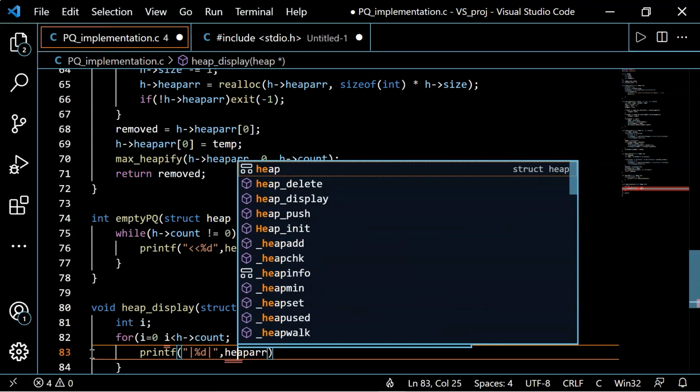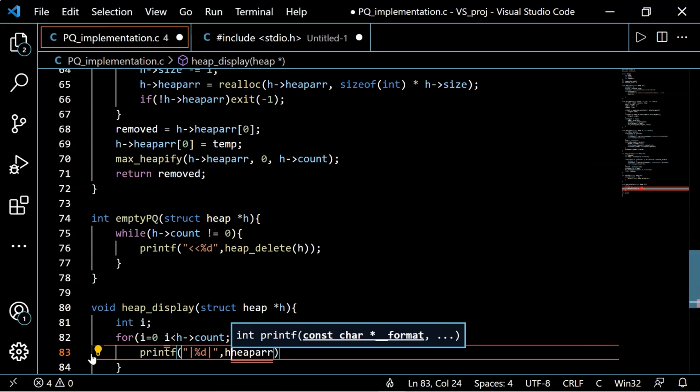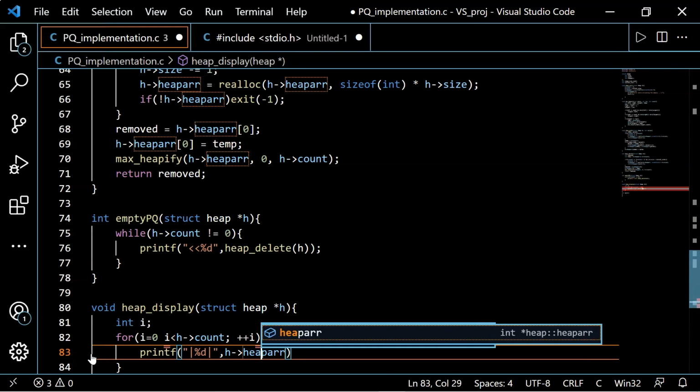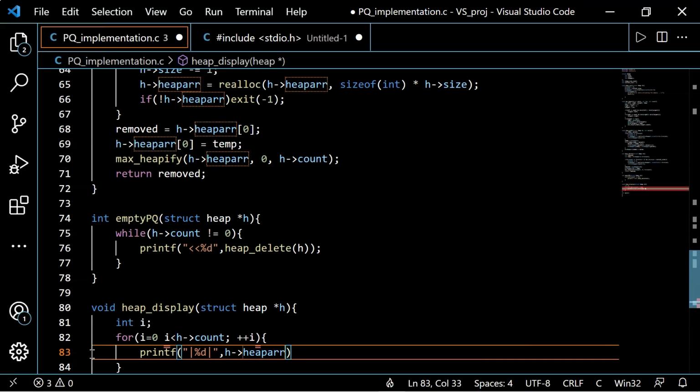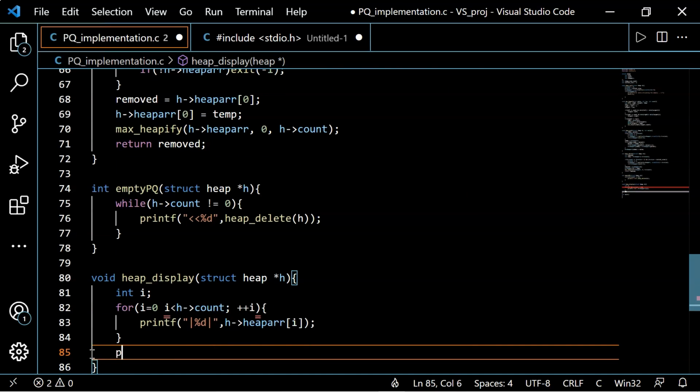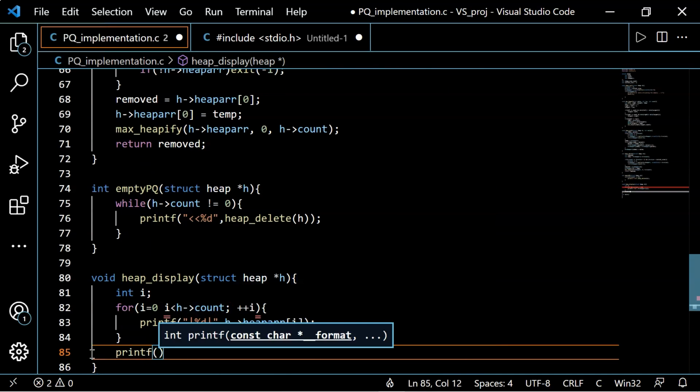But for that we'll need to call the structure as well: h heap array, and we'll pass this iterator variable into it. Okay, and then we'll get outside this for loop and we'll printf to the next line using backslash n.